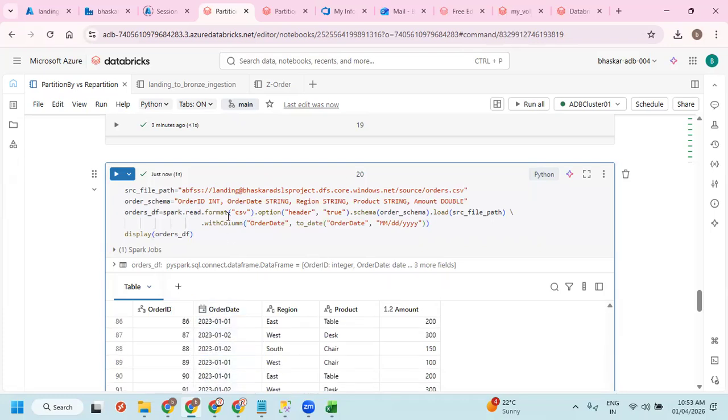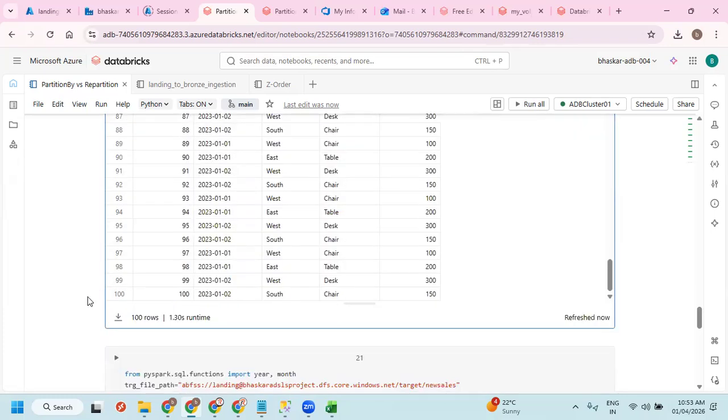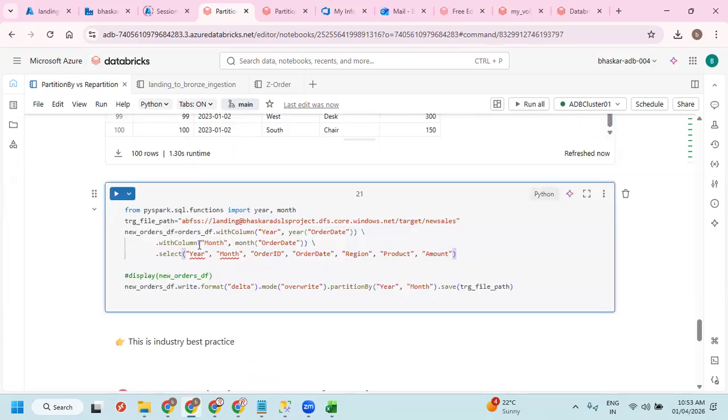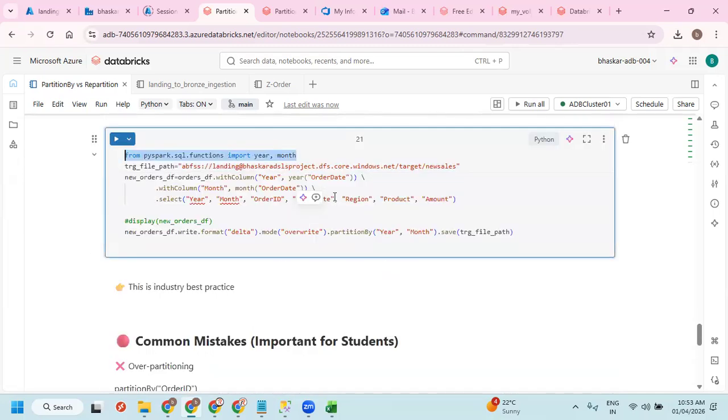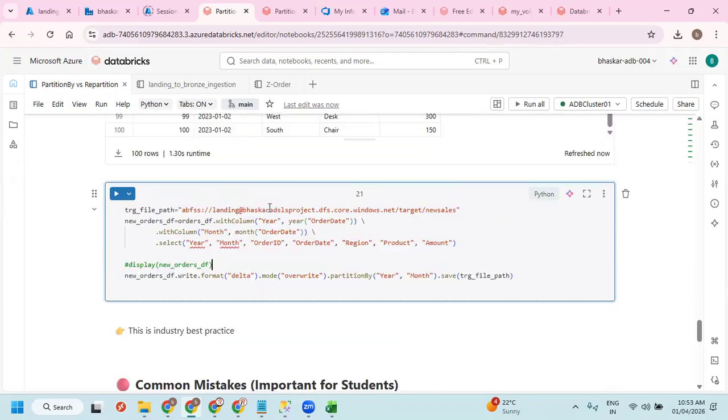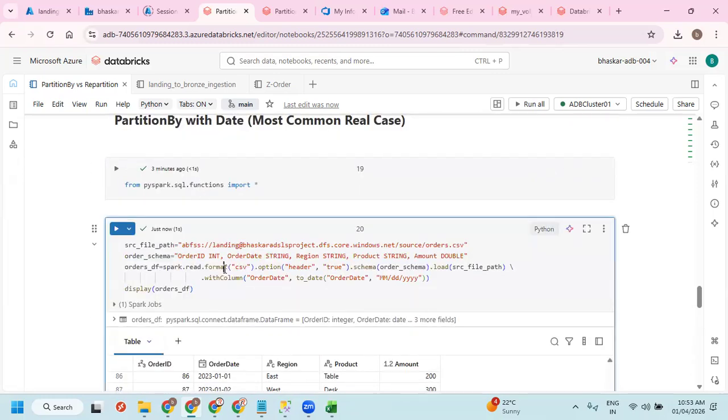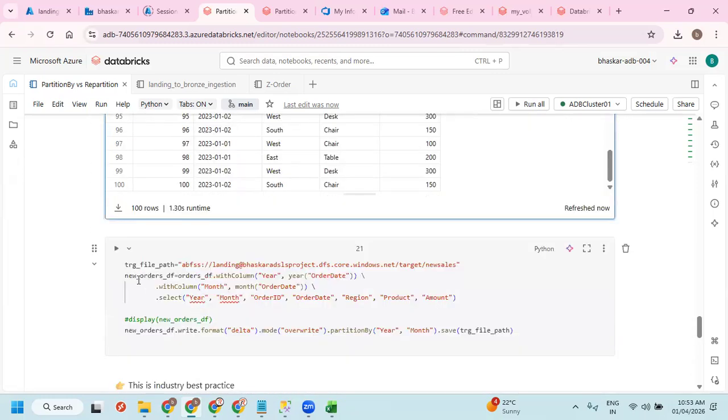Okay, so I wanted to create a partition based on the year. Since I already have this import statement here, I don't need to import it again. You can just take it out. Here I'm creating one more new column with the orders_df. I can also create these same columns here itself, but let me create them separately to avoid confusion.